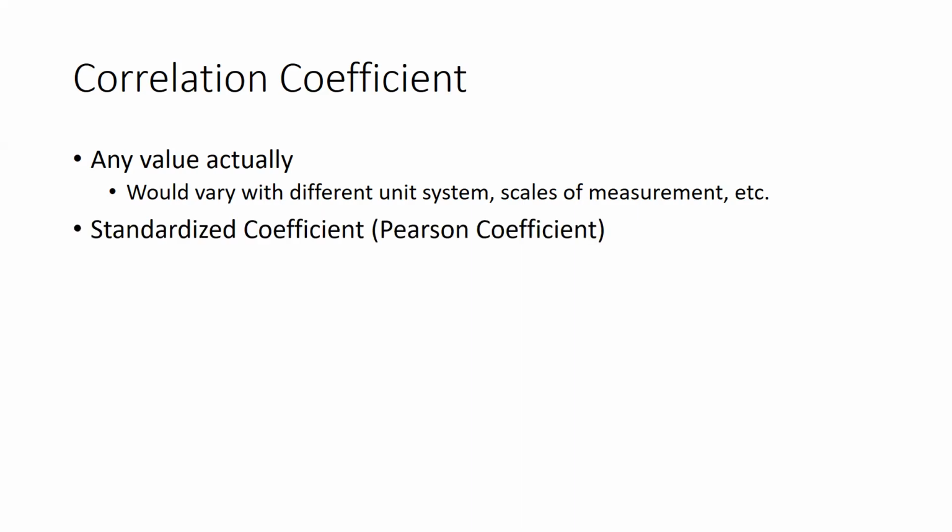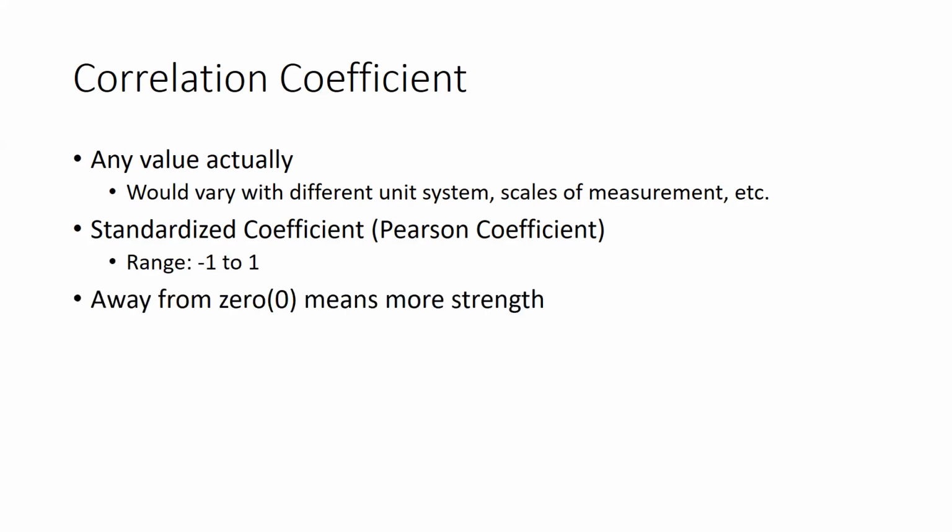So we have a standardized coefficient which normalizes the values of the correlation coefficient between -1 and 1. It is called the Pearson coefficient, generally denoted by a small r. Capital R and small r are going to be different, so be sure that you use the correct representation of the coefficient. It's small r, and its range is going to be -1 to 1. Again, it takes the mean and the variance into account. The formula does that, but we should not go into the mathematical definition of the formula. We'll rely more on the theoretical aspect and go to JASP and see how it can be useful for our understanding.